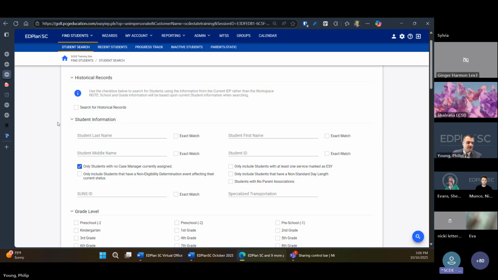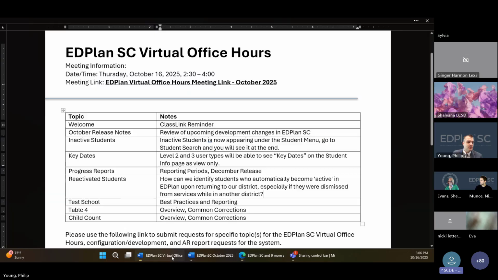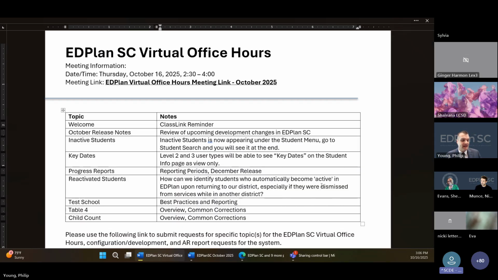So part of the issue here is, it's the same as it's always been, right? Paying attention to when the students get enrolled. Ed plan's not necessarily going to be able to tell you if that student became active again and when. It's going to have to rely on someone in that building notifying you of, hey, this student is back, and then you can go look them up in Ed plan. But there's not like a report or a way to know.